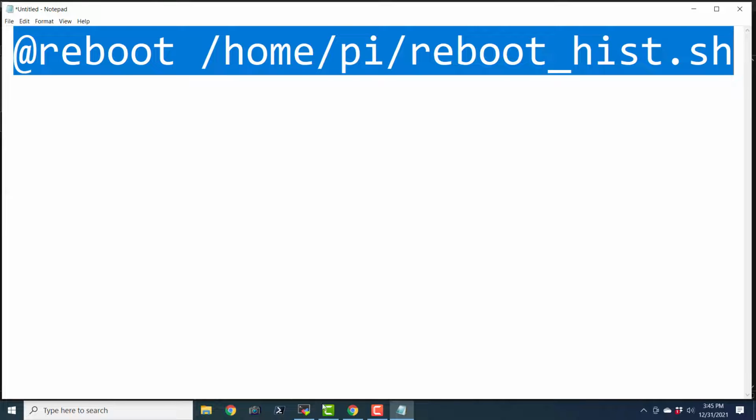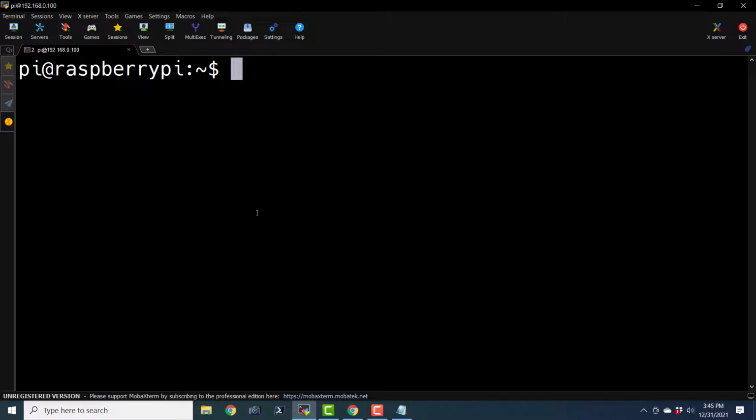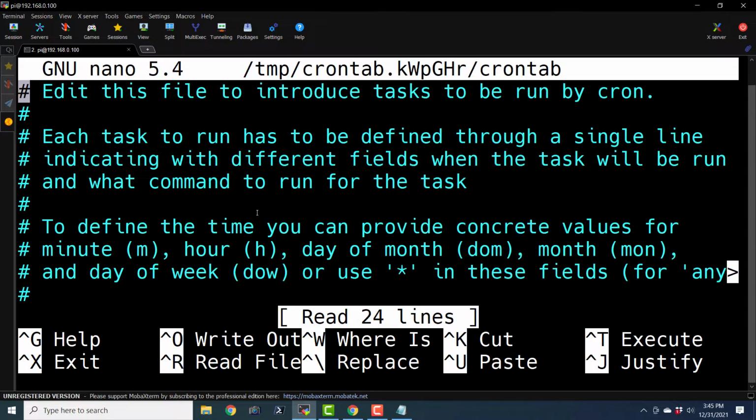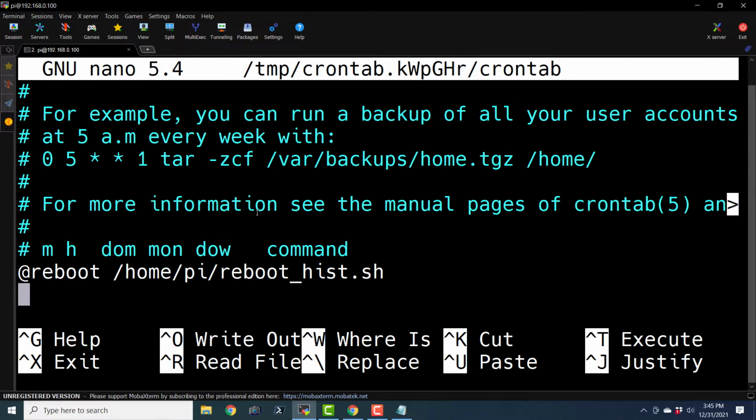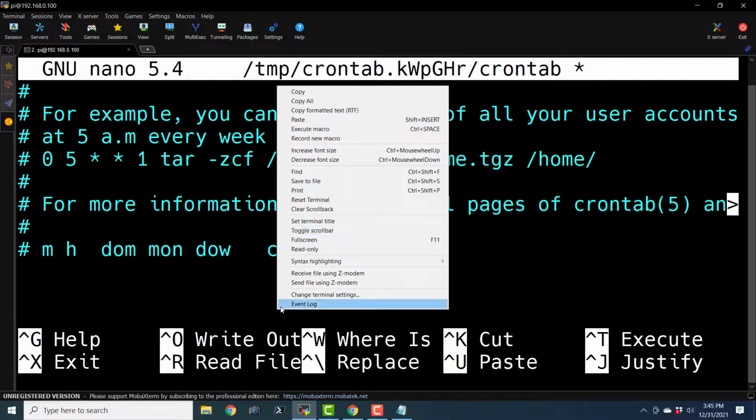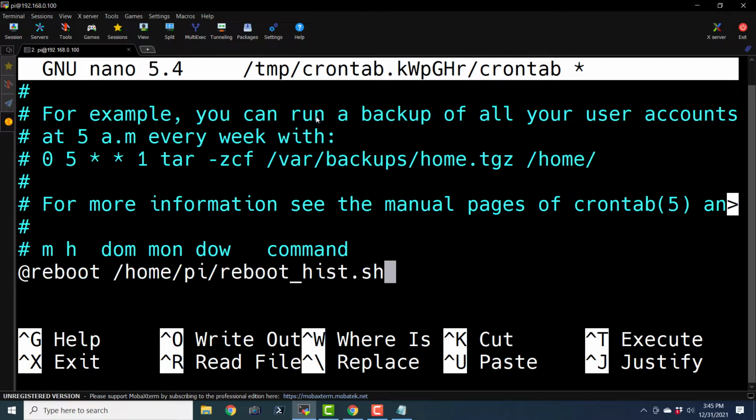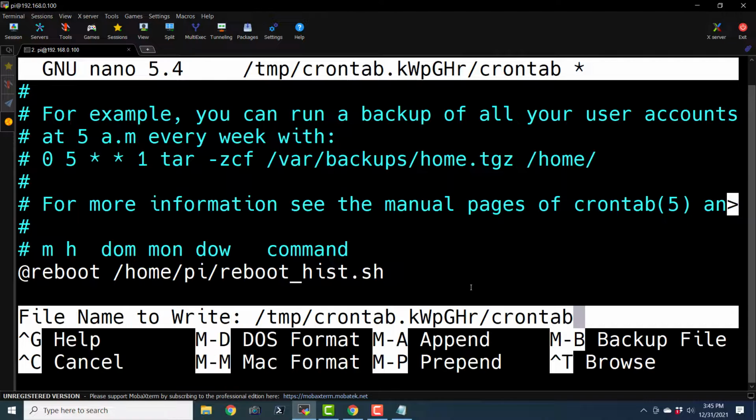Let's copy this. Let's open the crontab in editing mode; -e is the editing mode. Here I already seem to have entered it for my practice run, but I'm going to delete it anyway and add a fresh entry. Basically it is the same entry, but for the sake of understanding, I wrote it from scratch and I'm putting it here.